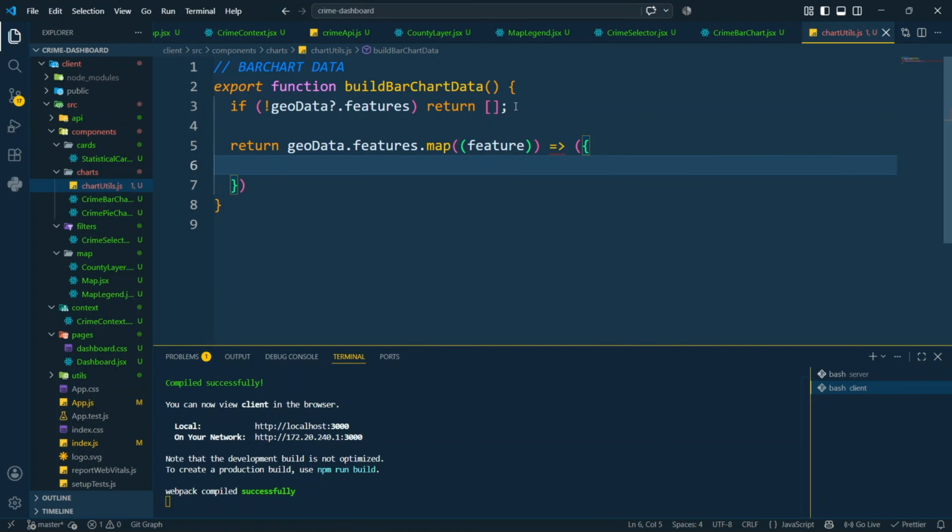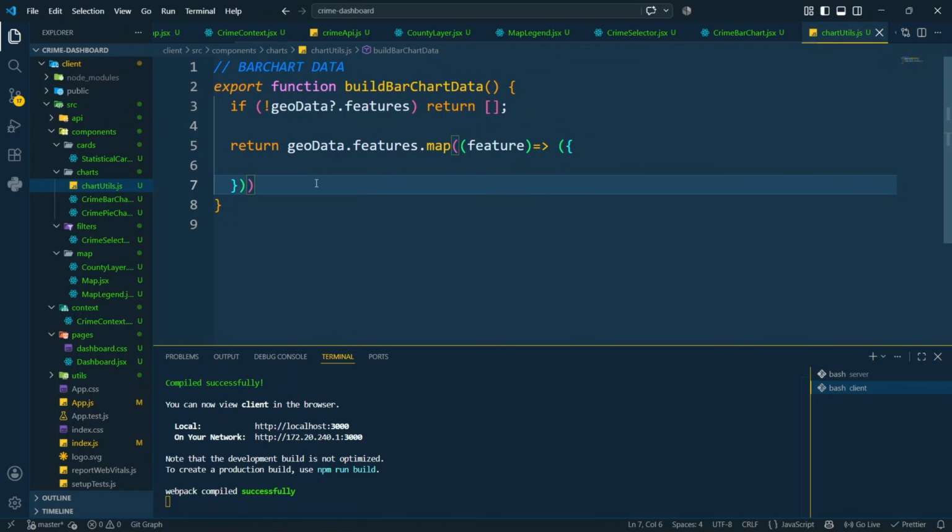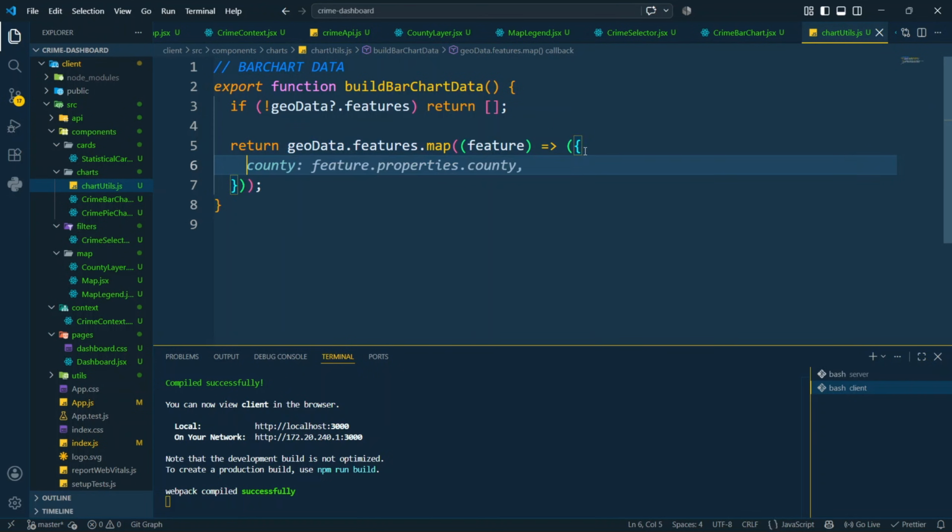So now we have the feature there. I think I just need to remove this one, and this is supposed to be outside this, so we can close this outside like this. So now inside this function, we go ahead and say we need to get the county